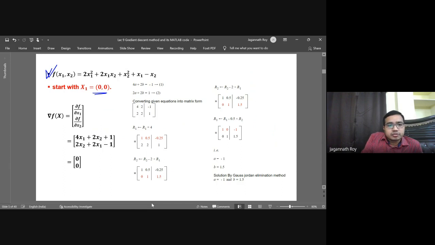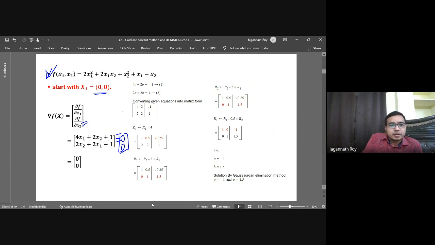Then this will be 4x1 plus 2x2 plus 1, and with respect to the second variable, this will be 2x2 plus 2x1 minus 1. Now we want to make it 0, 0,